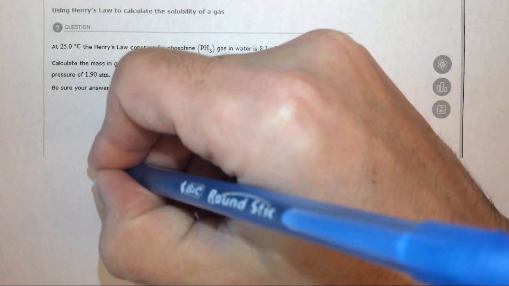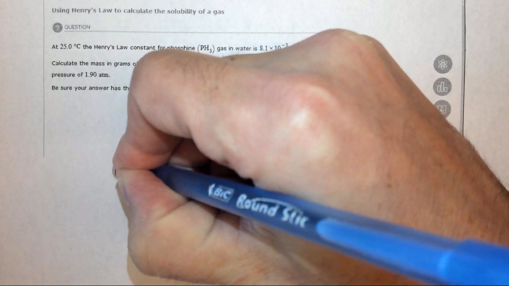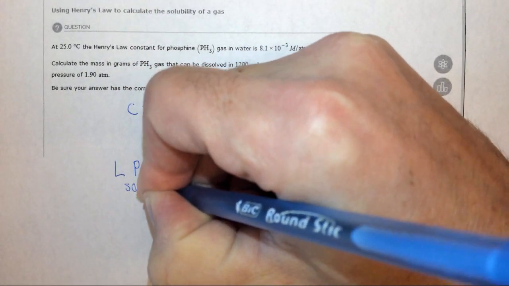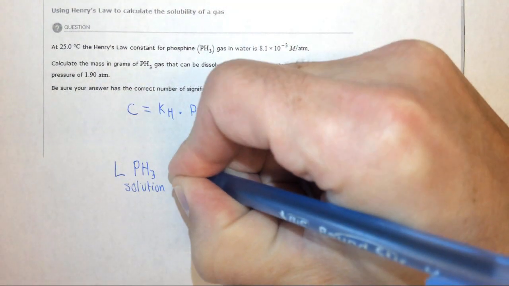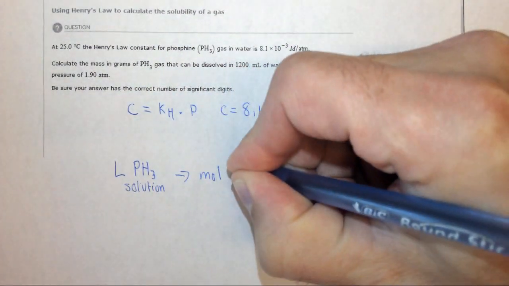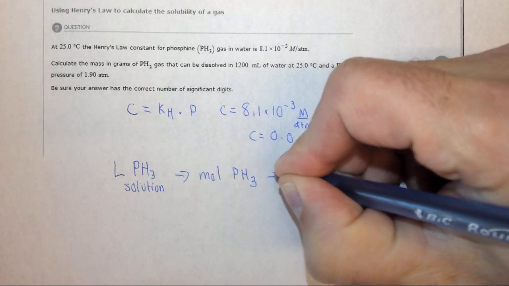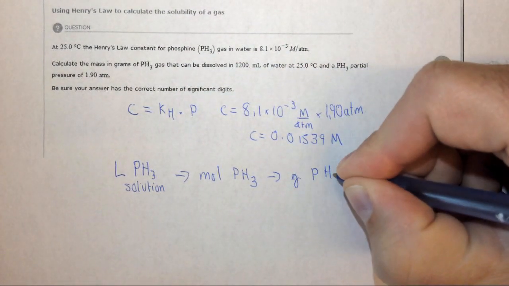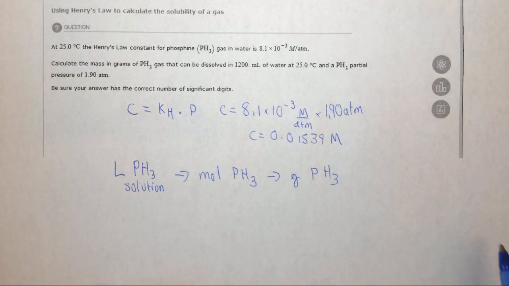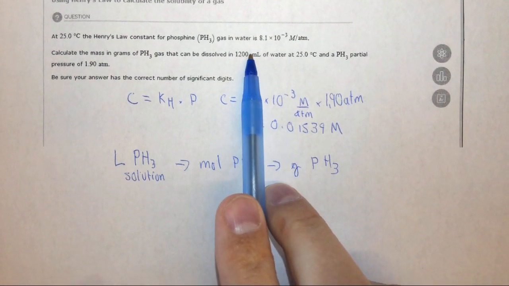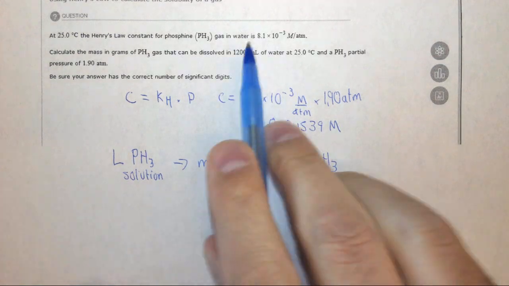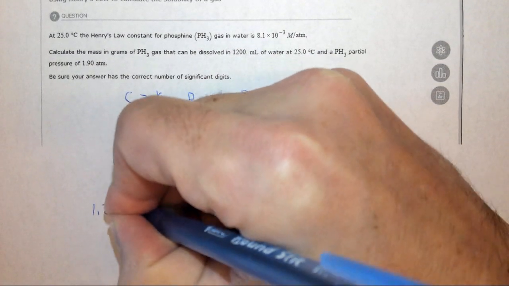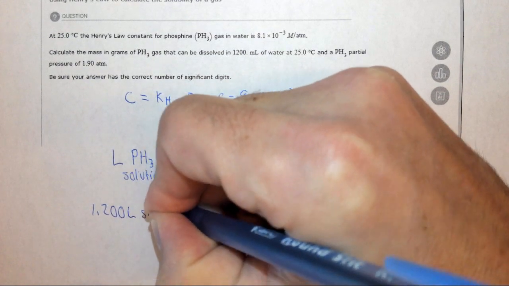So essentially, we're going to take the liters of the PH3 solution, convert it to moles of PH3, and then finally use the molar mass to convert it to grams of PH3. So this is our plan of attack. Note you can't use milliliters, so you do need to convert milliliters to liters. So divide by 1,000. So we have 1.200 liters of solution